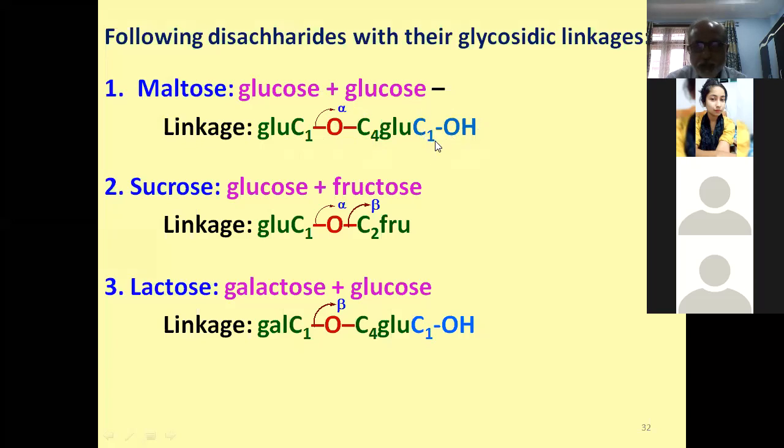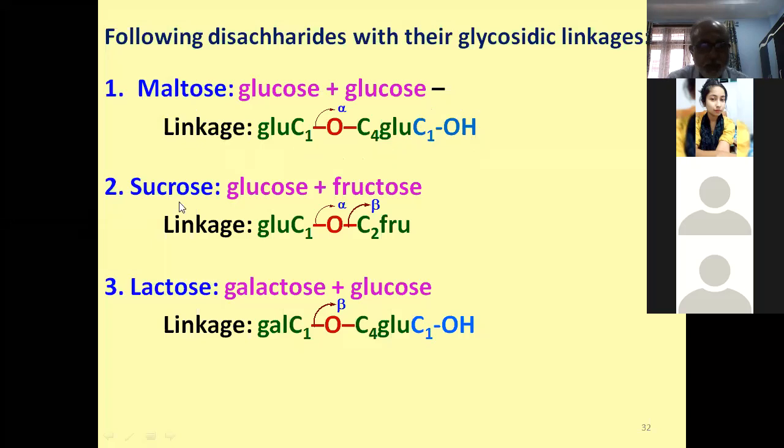Once the C1 is free, you know C1 carbon is the anomeric carbon and that will have its anomeric OH group. So once the anomeric OH group is here, that means it can also come back to its open chain form, this part of the molecule, not here. And as a result, we can have the aldehyde group here. Once we have the aldehyde group, it will have all the reactions due to aldehyde, that means reduction, formation of oxime, formation of phenyl hydrazone, and osazone, etc. And also at the same time, this type of molecule will show mutarotation, because this C1 can exist in alpha or beta. So we can have two maltoses: one is alpha maltose, another is beta maltose.